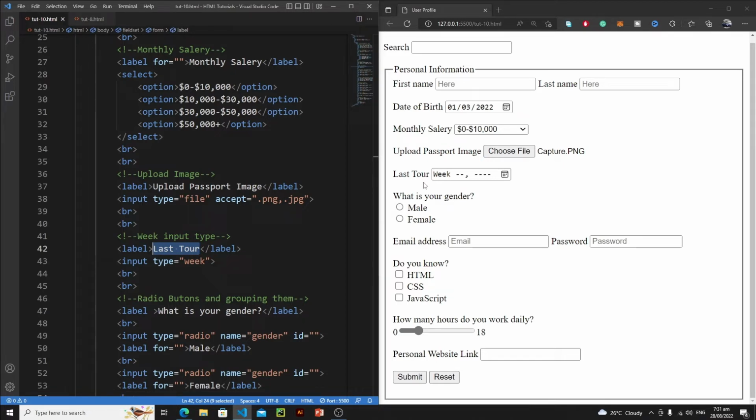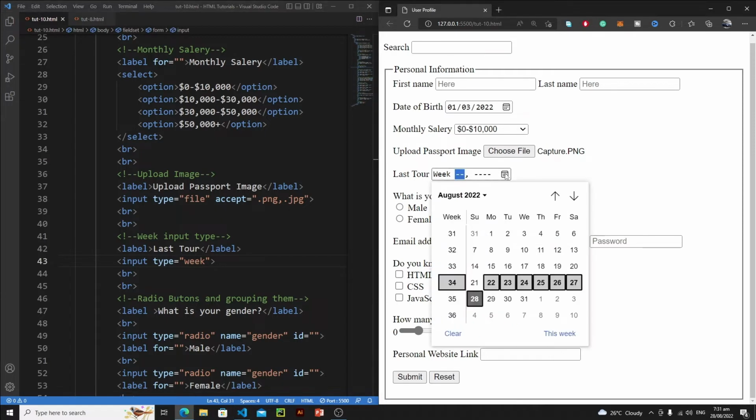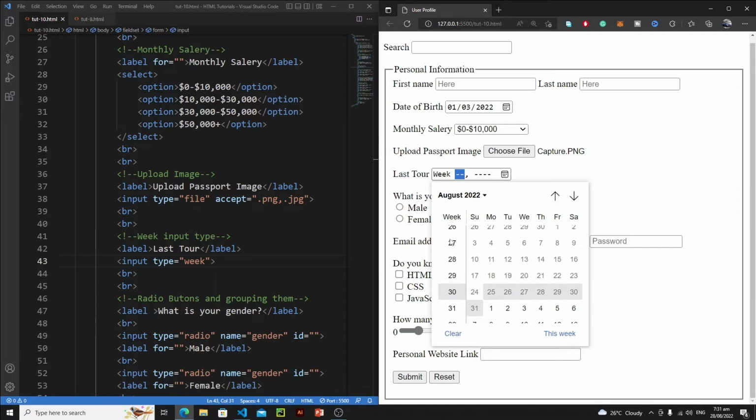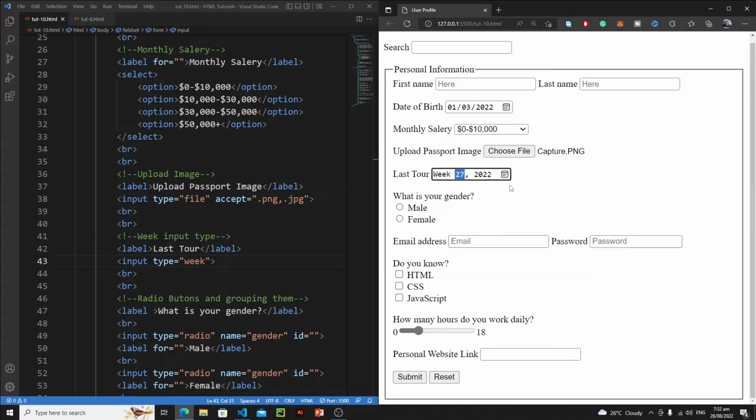So when did the user go for his or her last tour? The value of the type attribute is week, so with the help of this, I can select a week. Let's click on this, and as you can see, the default week 34 is selected, and it has 22, 23, 24, 25, 26, 27, 28 dates. Okay, if I click on maybe week 27, as you can see, it has selected week 27,